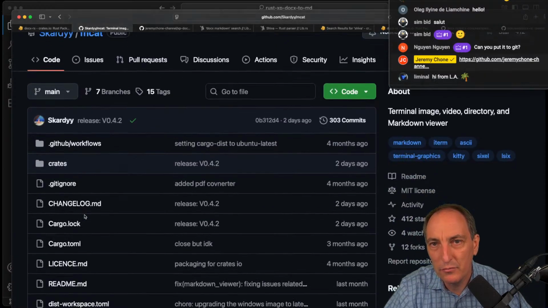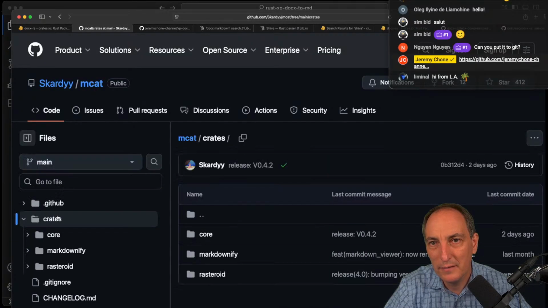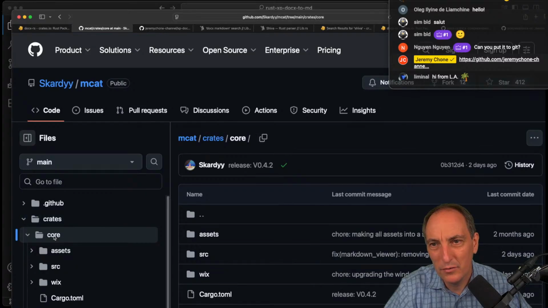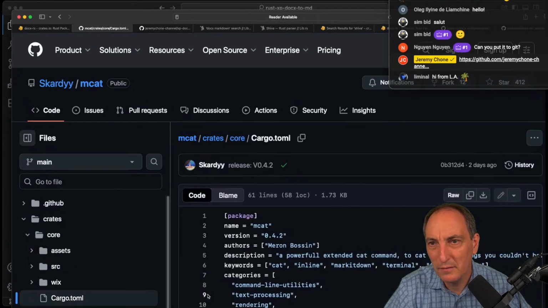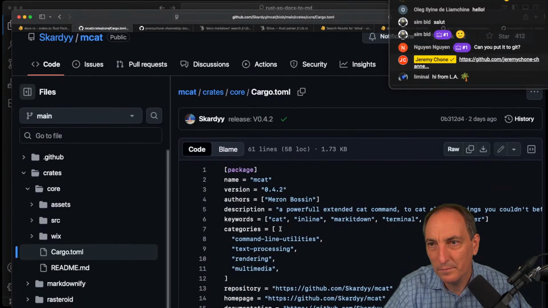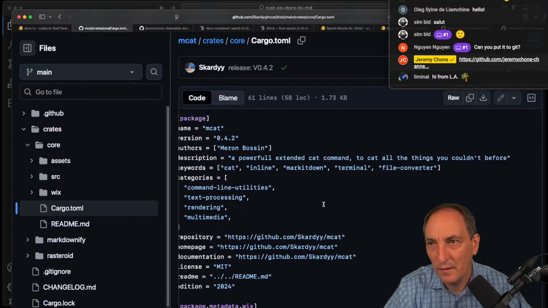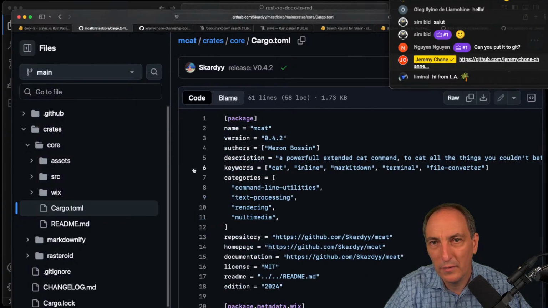So right now, I'm going to just look at it like that. So Markdownify, going to crates. There's a core here, which I'm not really sure what the core is about. MCAT. Okay, so I guess it's putting in crate